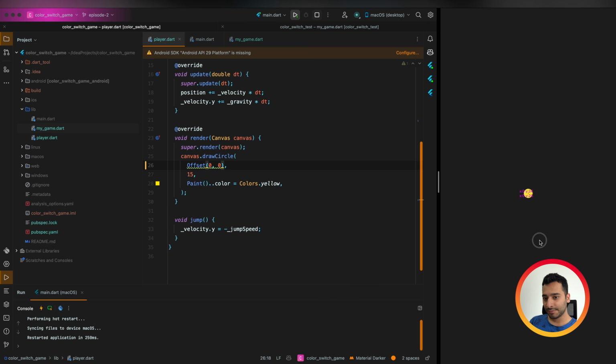And if you run the app again, you see that it works correctly now. It moves with the player. And yes, the point is that the draw methods on canvas work in a relative way.